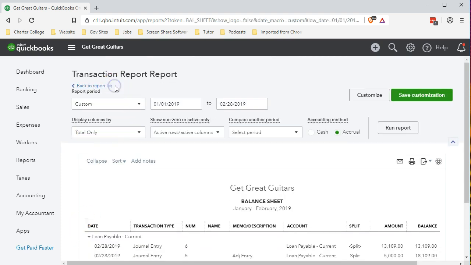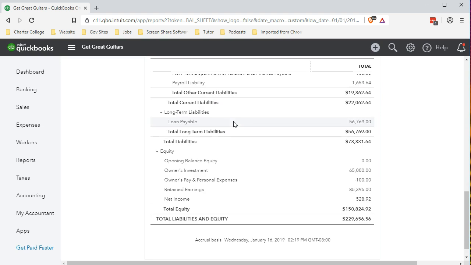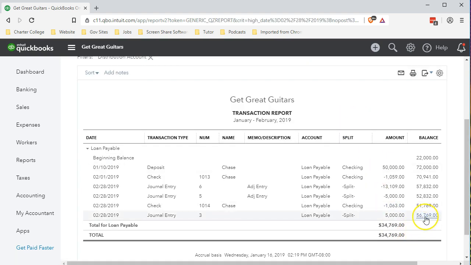If we go back to our report and go to the long term, here's the long term. This is what's still going to be due after the end of the time period, after the year, still left. Notice as we see these adjusting entries, we labeled them here adjusting entry, which is nice. And we've got the journal entry. It's always going to be a journal entry, which will give us another indication that it is indeed an adjusting